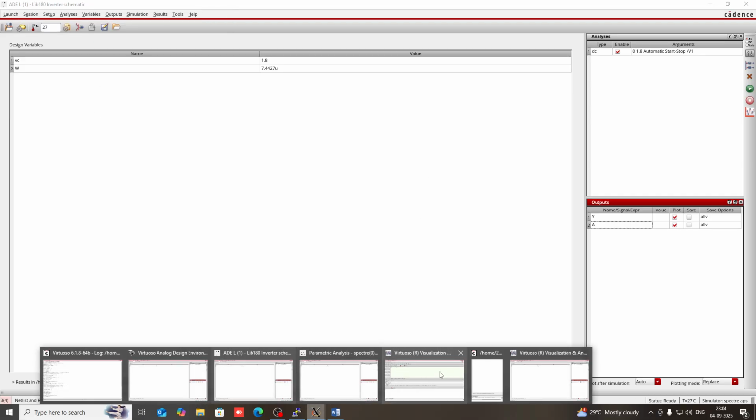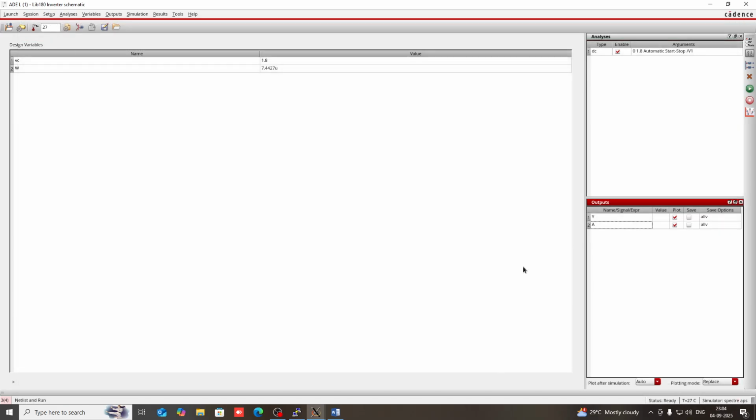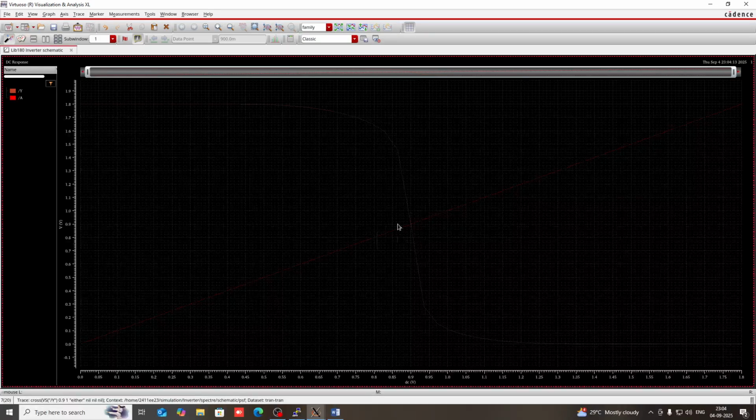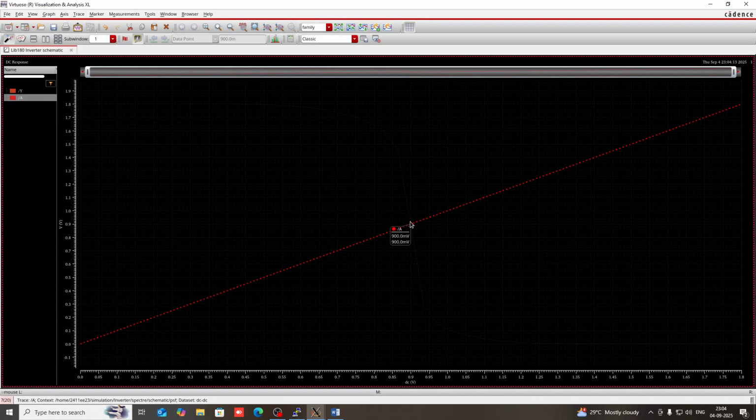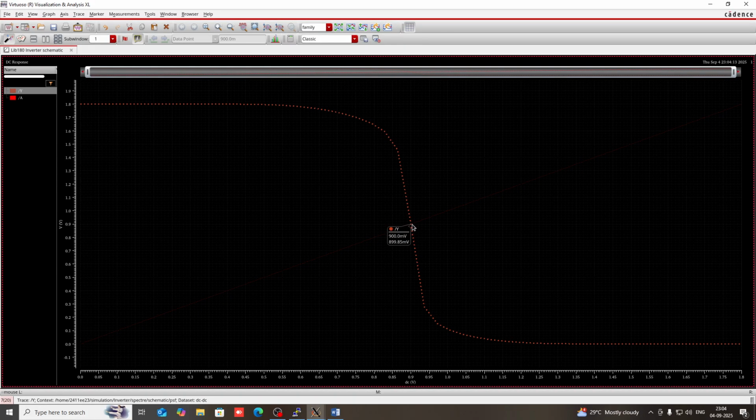Now this time you will get the VM, which is VDD by 2, which is equal to 900 millivolt. Okay, so it is 900 millivolt when it intersects this. Okay, so now VM and VDD by 2 overlap each other, so it will give the equalized noise margin NMH and NML. If you want to verify, then again what you have to do, click on this plot,